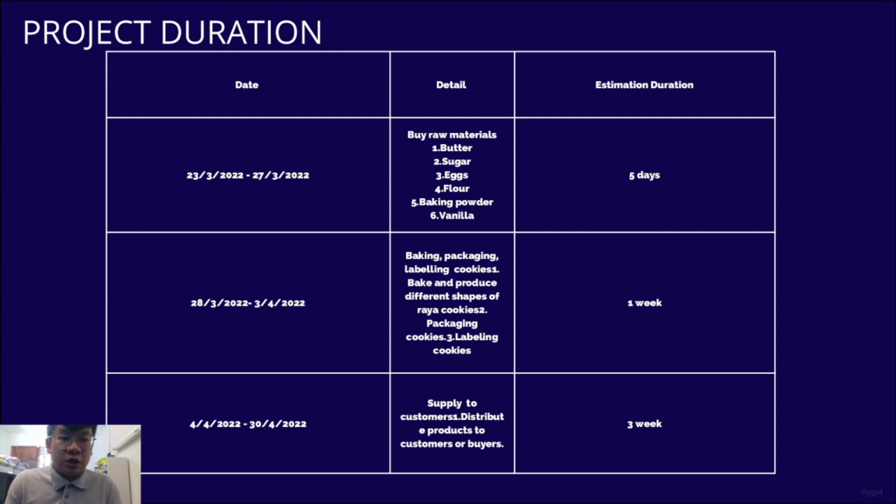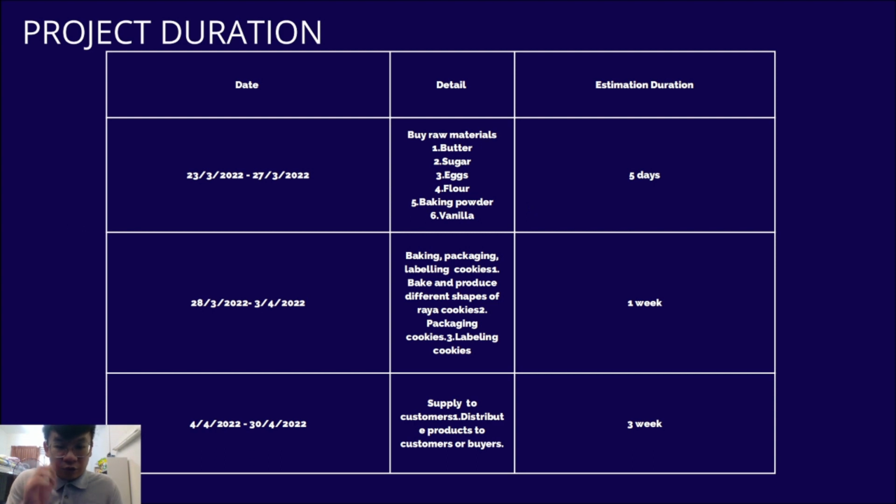So here is the project duration. As I mentioned just now, it will take around 5 weeks. For the first 5 days, we will buy the raw material such as butter, sugar, eggs, flour, baking powder, and vanilla, and so on. Next, the process is baking, packaging, and labeling the cookies.